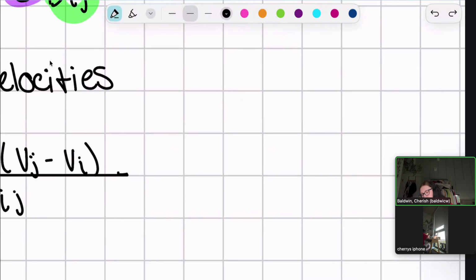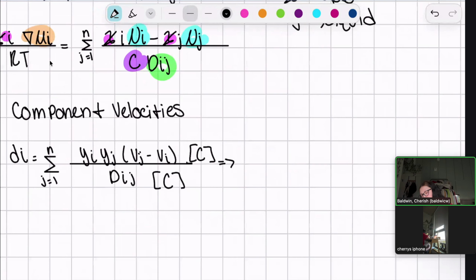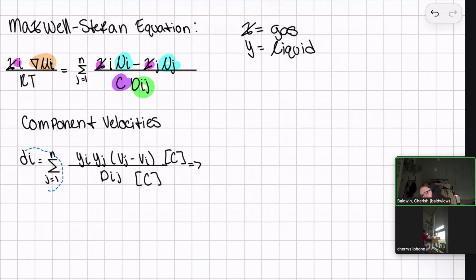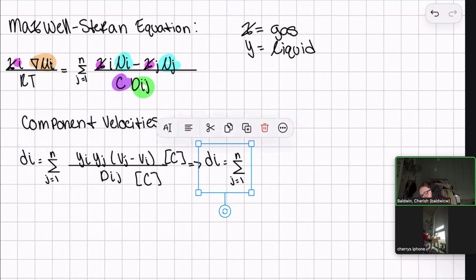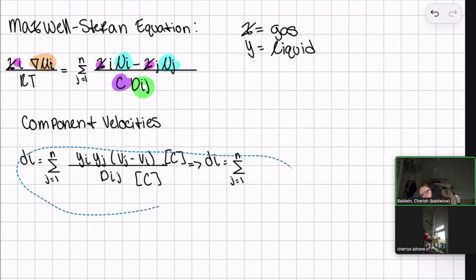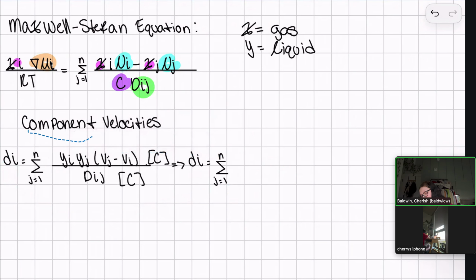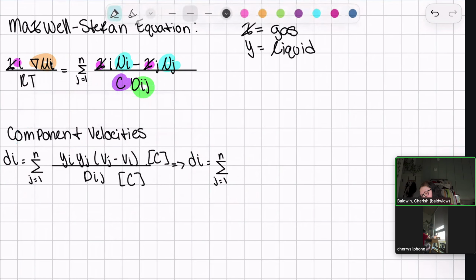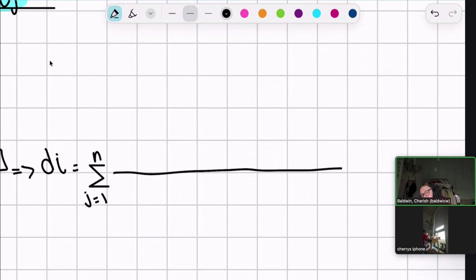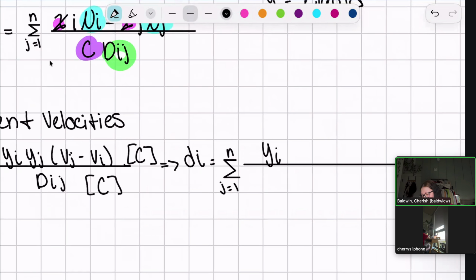All right, now we're going to multiply the top and the bottom by the concentration. So then that gives us yi c